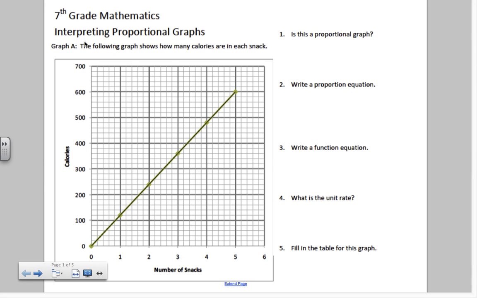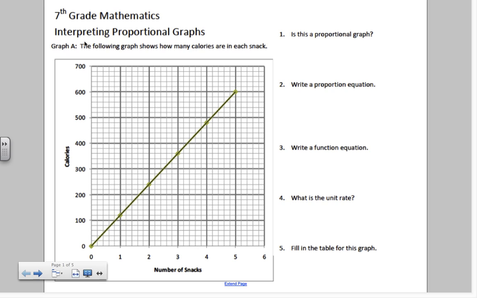If you notice, your dots are obviously not labeled on your graph. I do apologize for that, so we're going to go through graph A together. That'll be part of your notes, okay? So, if you would, on this first graph,